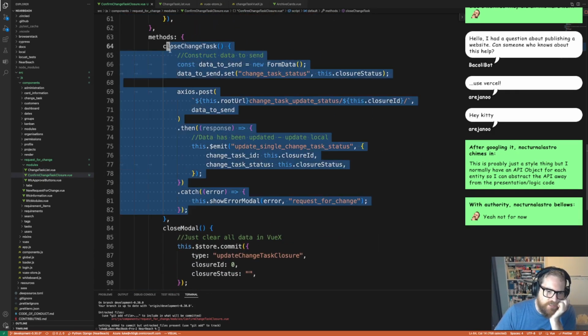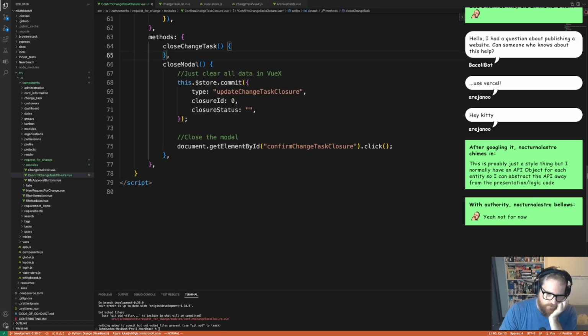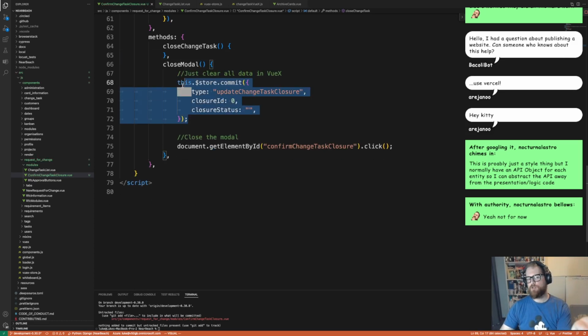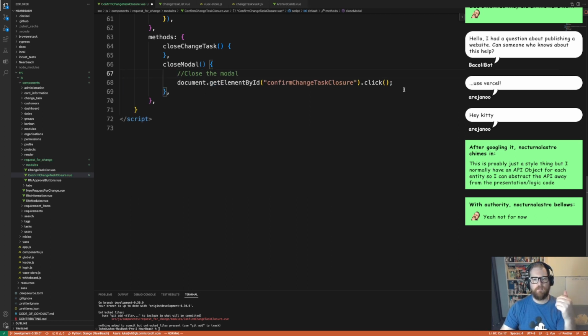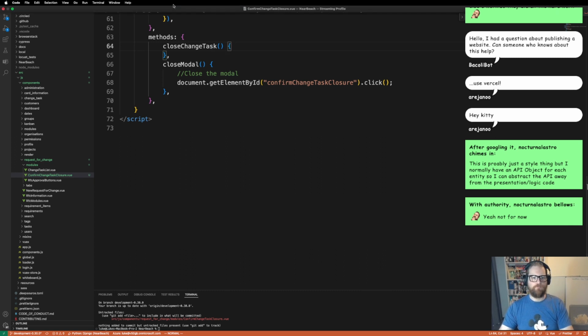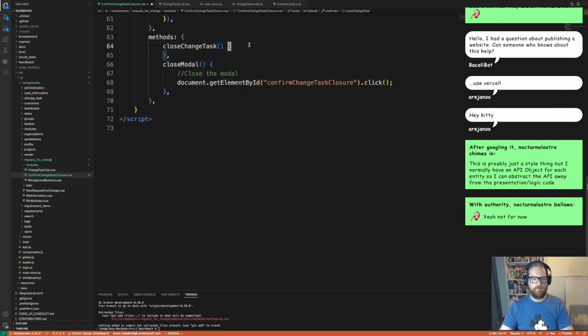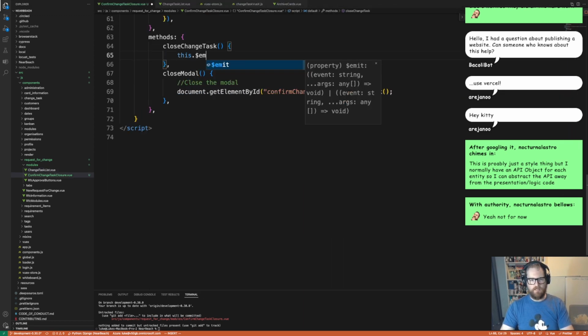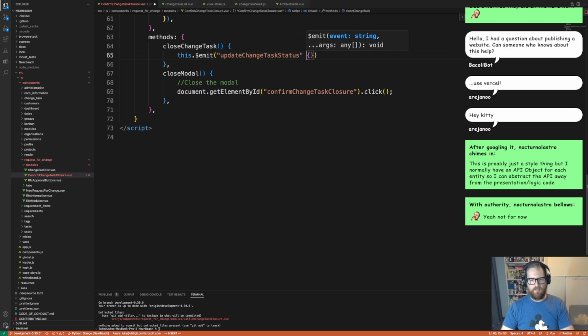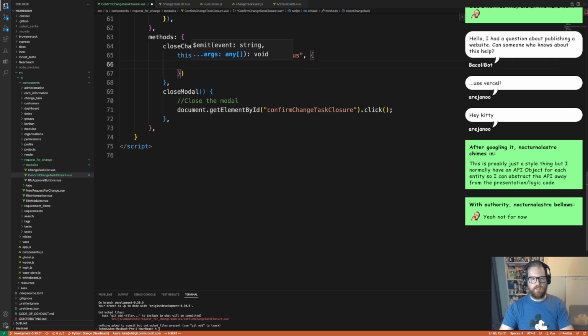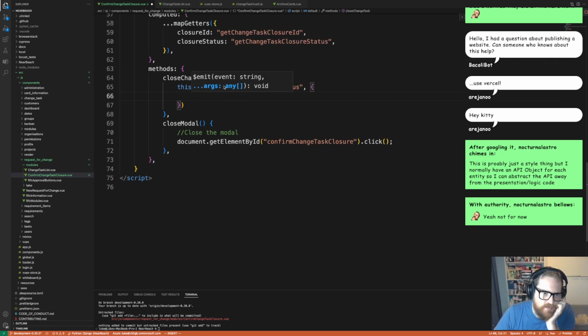So first off, I'm actually going to delete this, because we're not going to do it this way anymore. We're actually going to use an emit function. Oh, that's a commit. In this sort of case, we are going to delete that too. So this is going to close the modal. We're going to use emit. So it'll be this.$emit, bang, and then we still want to pass through those variables, the closure ID